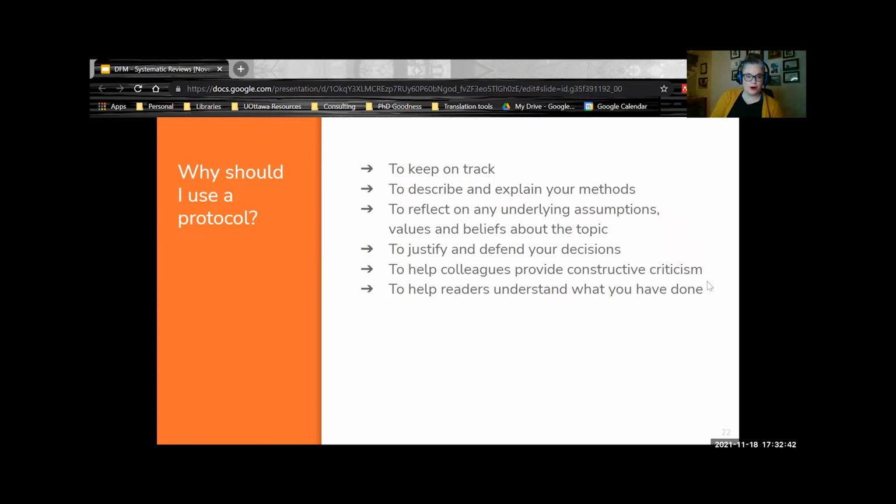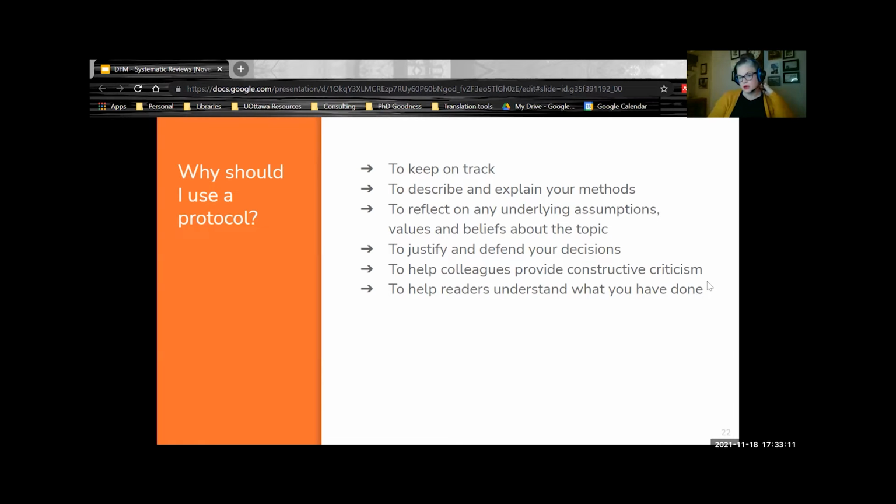It helps you keep track of what you need to do. And you won't sit down and question, did I say, for example, am I going to use this database, or am I going to use this? It helps you clarify your own question and explain your methods. If your research question is vague and you yourself cannot properly articulate it, it's going to be super challenging to do the project. So doing the protocol really helps clarify any questions that you may have with your